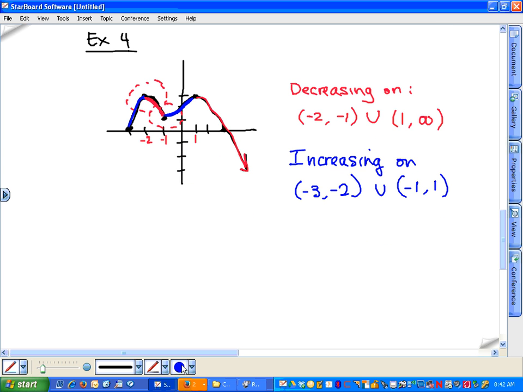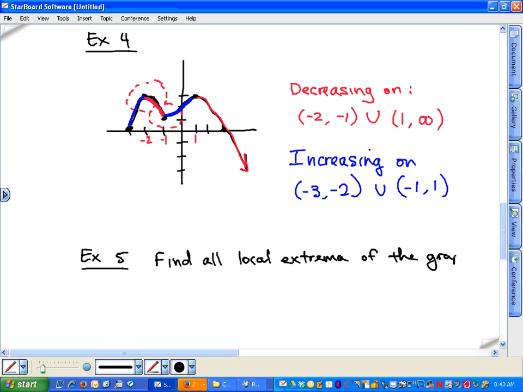So for example 5, let's use the same graph. Example 5. I'm going to say find all local extrema of the graph from example 4. So using the same graph,